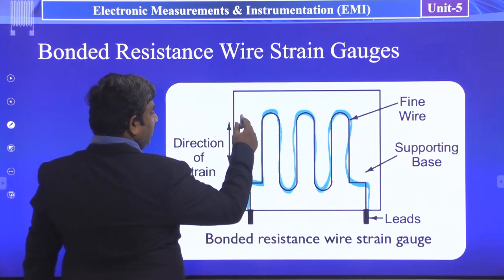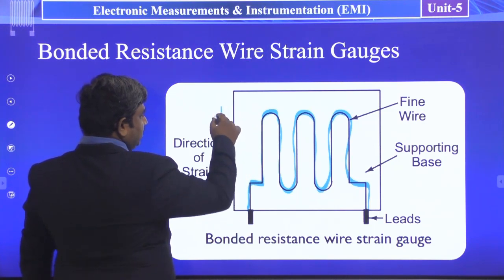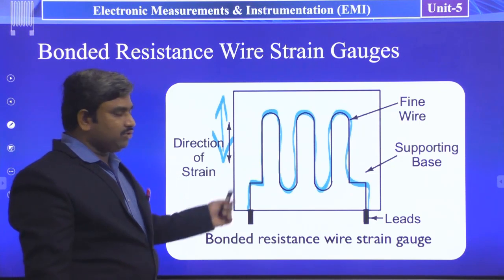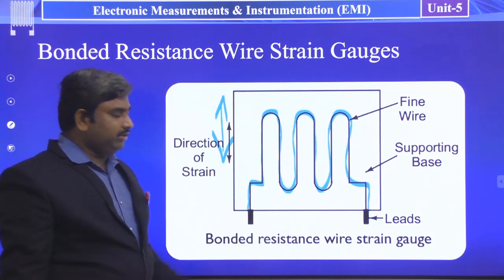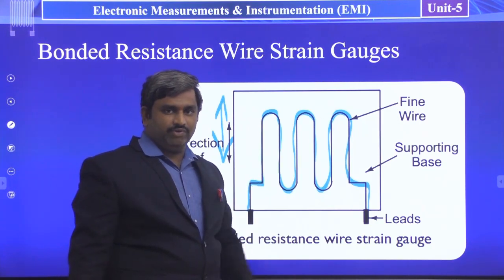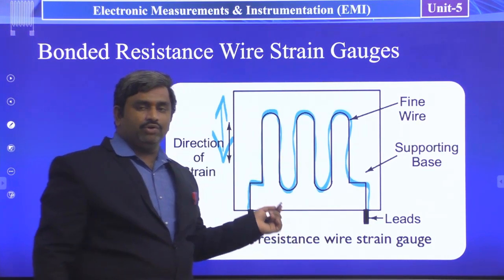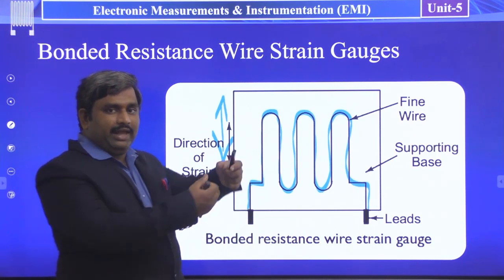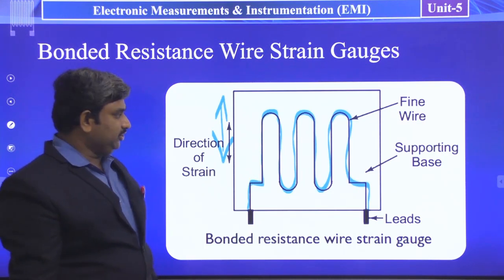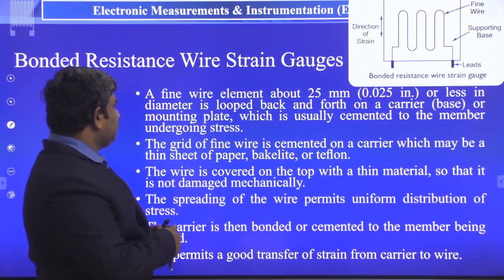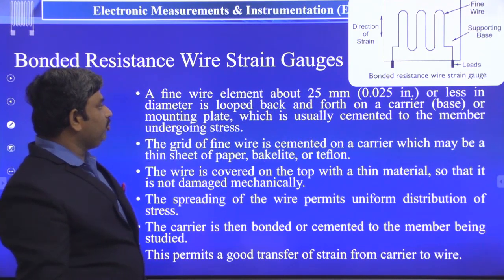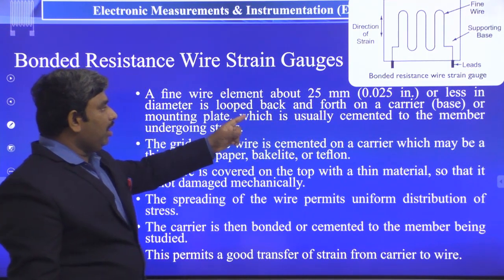So we can apply the strain in this direction or in this direction. On both directions you can apply the strains. But here in this case the wires are in a vertical direction, so for that reason you have to apply the strain also in the vertical, like stretching in upward and downward directions. A fine wire element of 25 mm or less diameter is looped back and forth on a